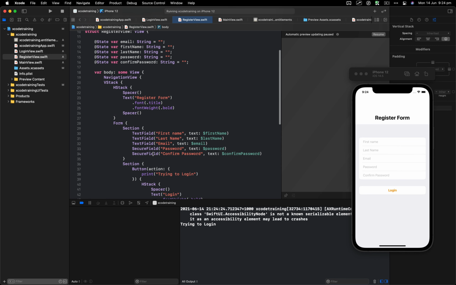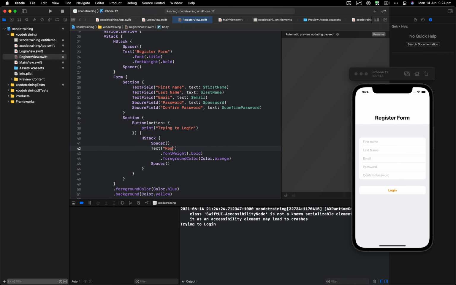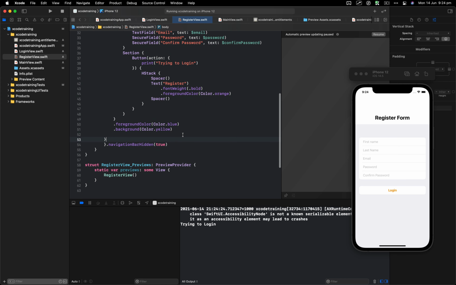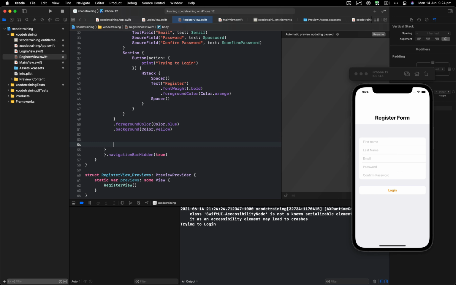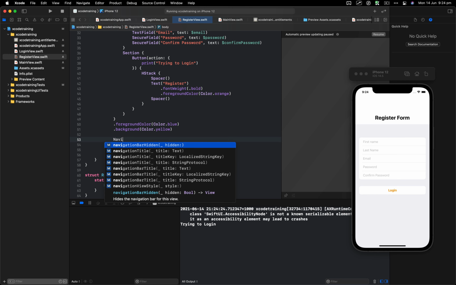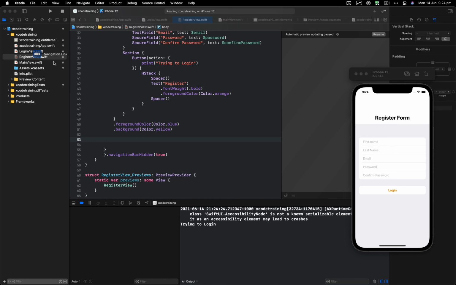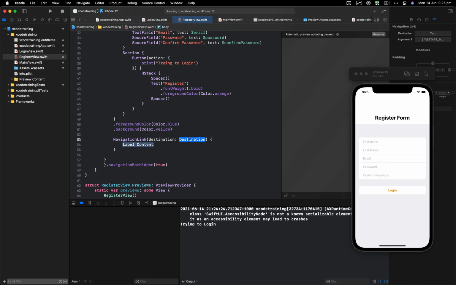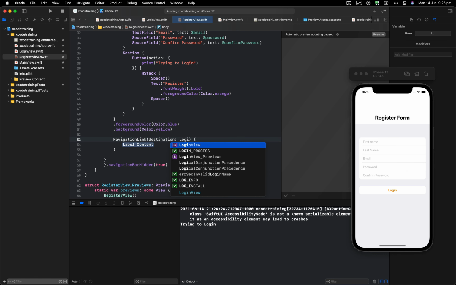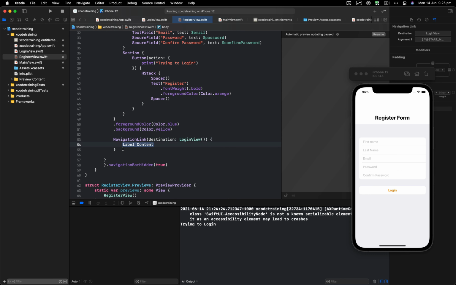the login page. So for that, first of all, let's change this to register, and we are going to create another navigation link. So right here, actually, let's use the library. So click here, I'm going to type navigation, and I'll click and drag and drop it here. And here's a destination, and for the destination, we'll just use login view, and the content is going to be just the button, or we can say label. The easier way to do that is by using a navigation link with different parameters. So let's try that. Let me just remove this code,